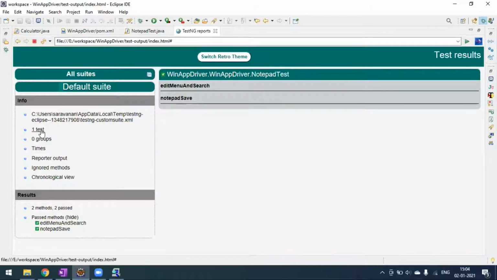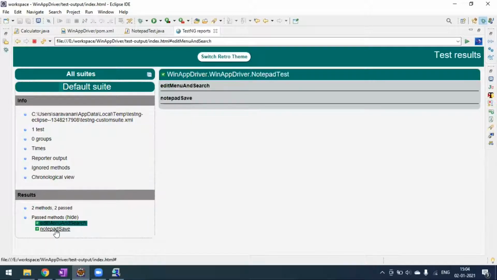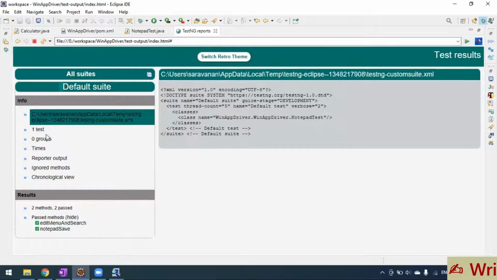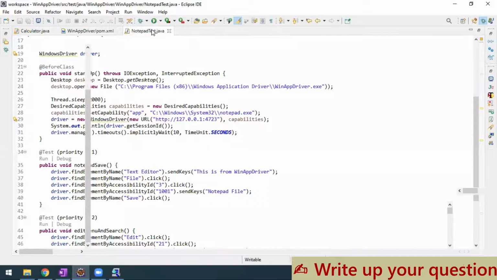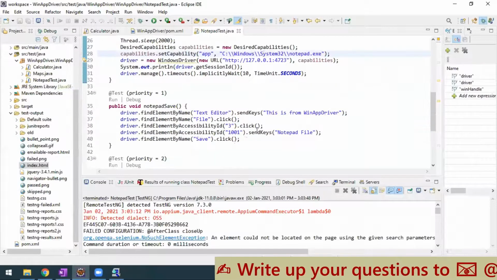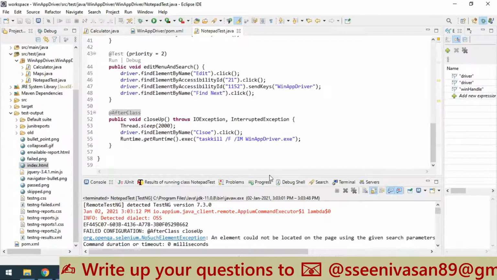Here you can see all the tests, right? We have written two test methods, and both methods passed, and we can see the report something like this. This is a recent report they have implemented, I think. They have just changed the UI. The remaining things are all the same. Okay, so this is how we automate the Notepad application.